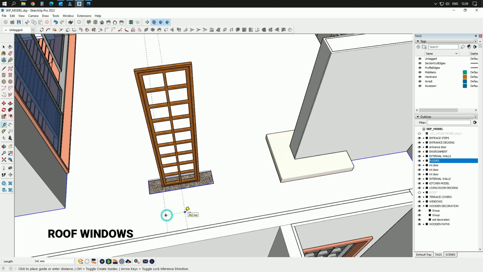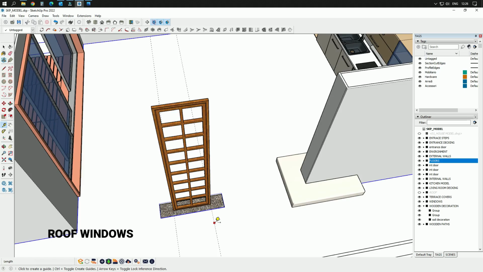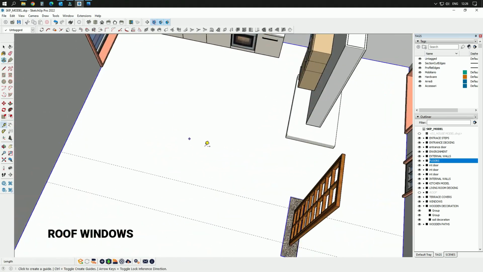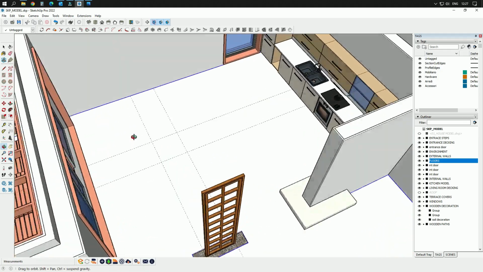The second one will be up to this point here, and I will create some additional lines, 1800 millimeters, and as you can see here the distance is 700 millimeters, so I will create 700 millimeters the second, and then